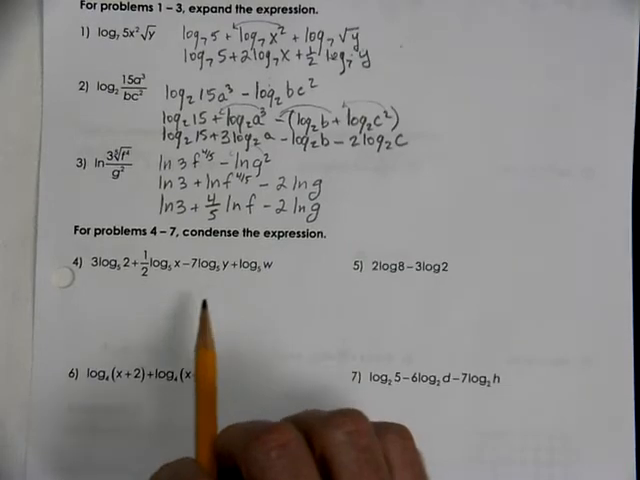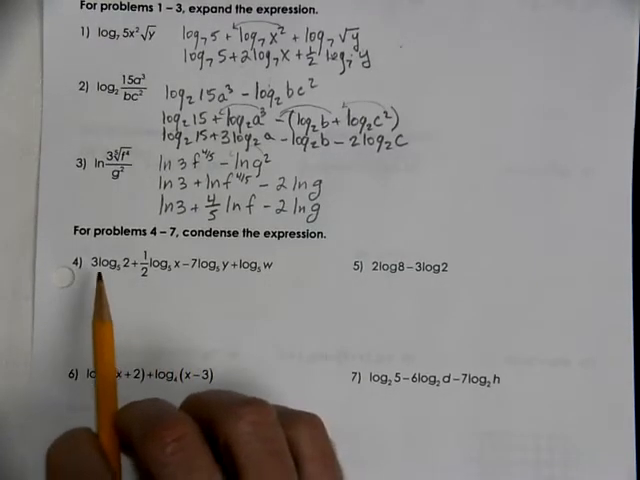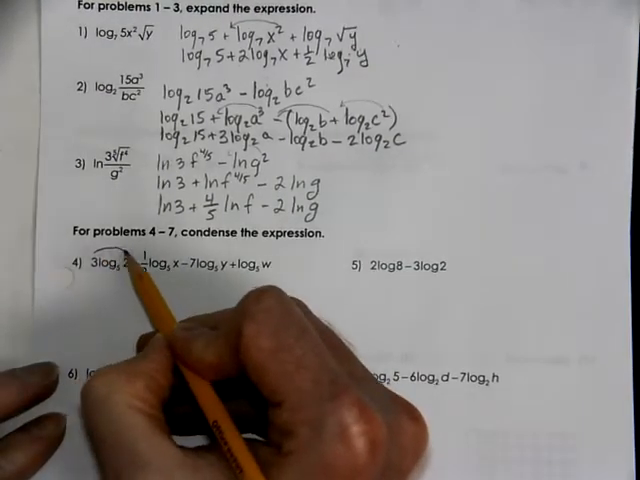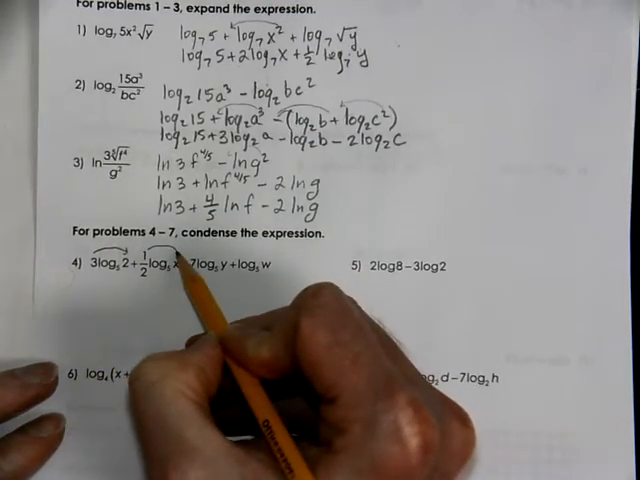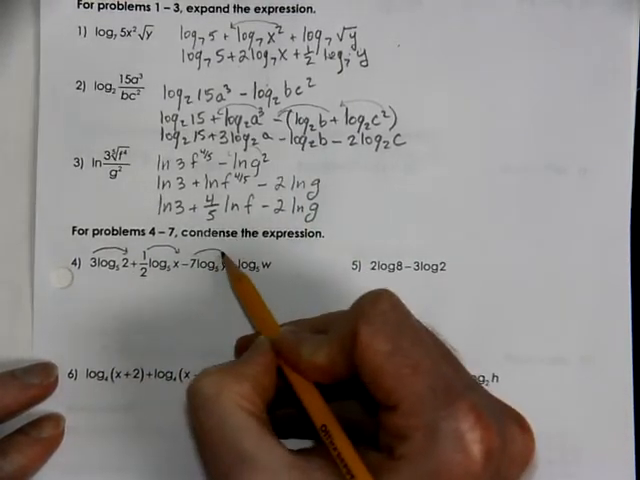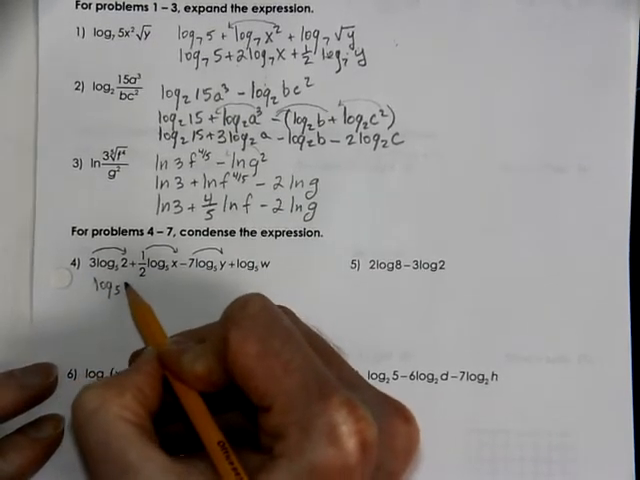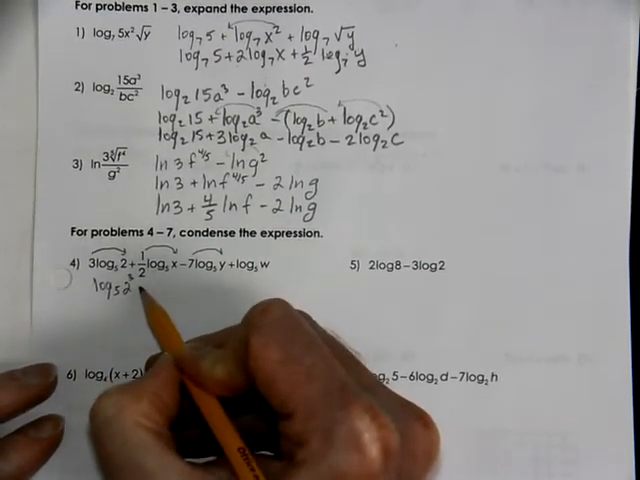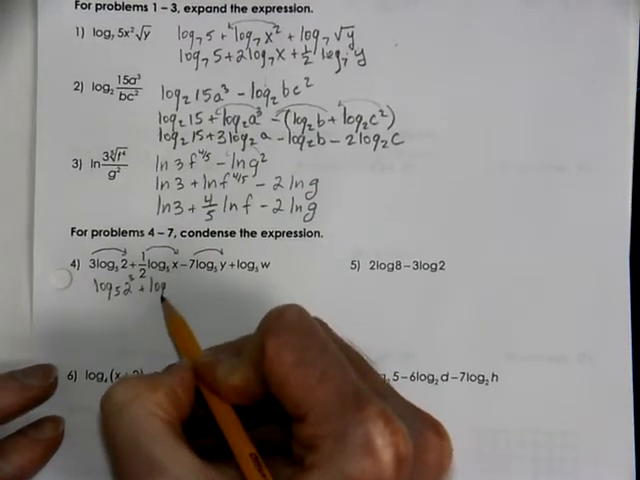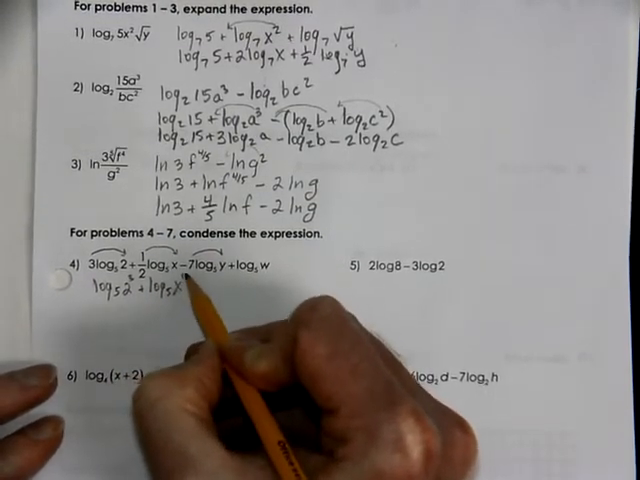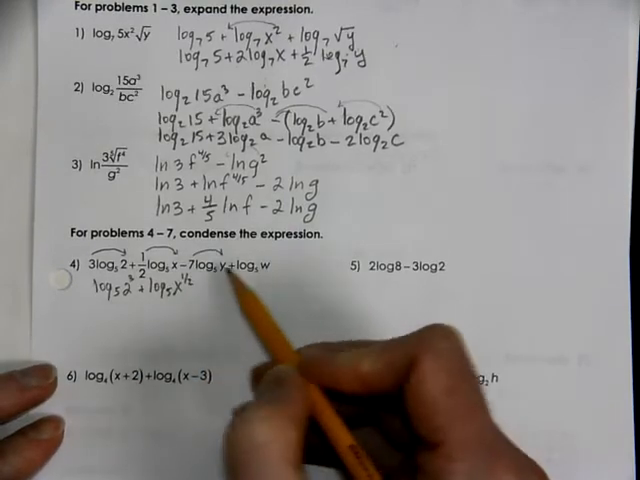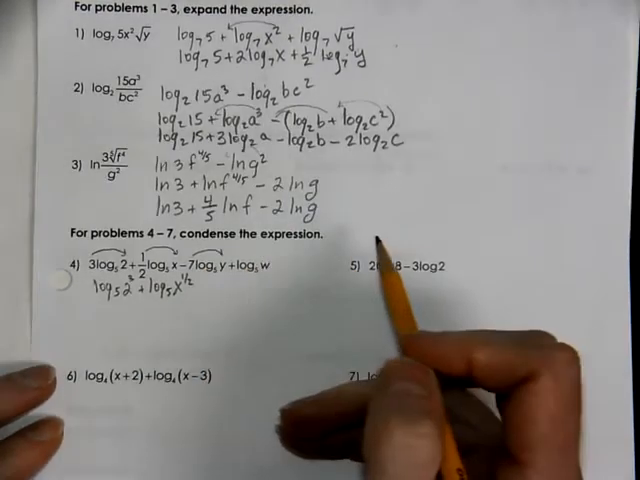Now we're going to condense. So here, the first thing I'm going to think about doing is reversing our power property. So we're going to have log base 5 of 2 to the 3rd power plus log base 5 of x to the half power. Now this doesn't have parentheses,